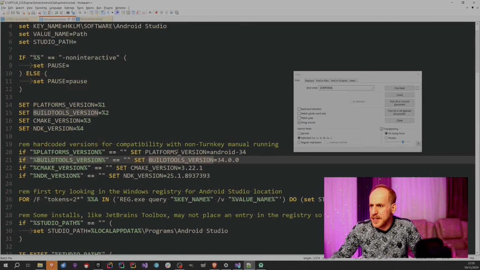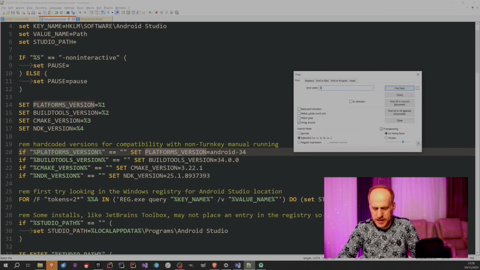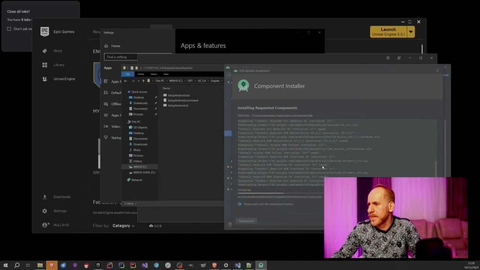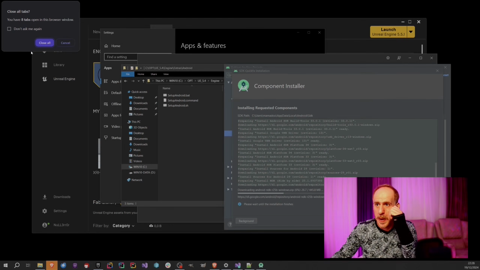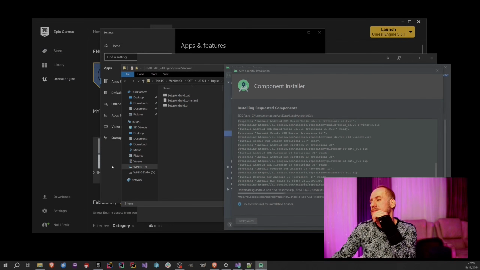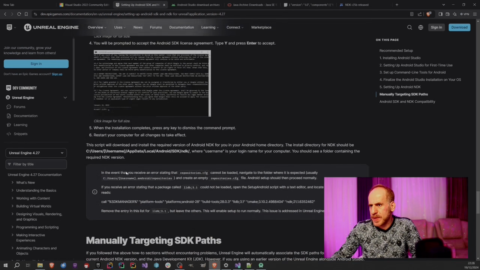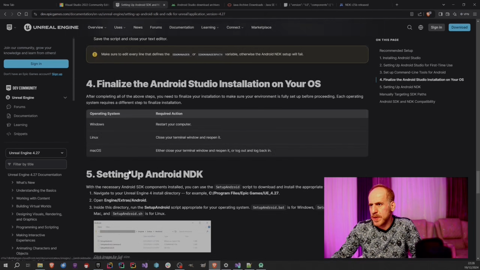So this one and this one for the SDK manager, you are going to replace latest with 8. Otherwise, you are going to get an error once you run these batch files. So it might take a while, so you can go check. Yeah, there are some other settings that you have to do, but